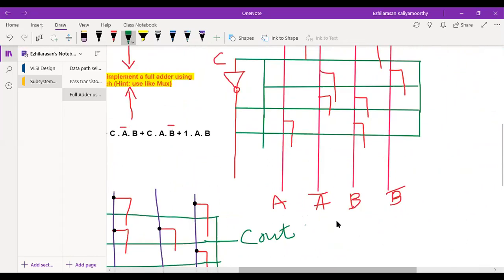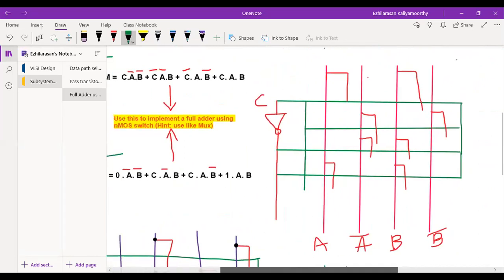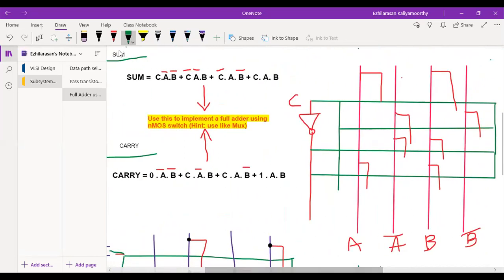Yes, you see the sum now. I hope you can clearly understand now. See this? This is the sum expression. Correct? So now first, what is it? C into A bar B bar. So A bar B bar. So first I give A, B. Okay, I'll start from here actually.